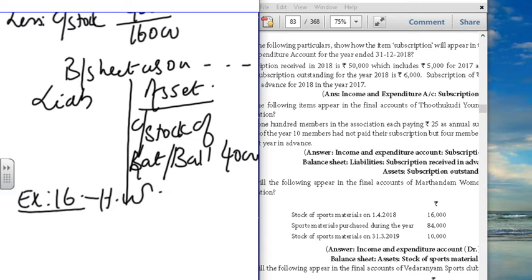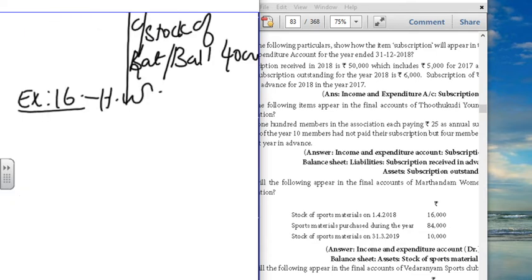Now we'll move on to problem number 17. The same way you are going to do it, but sports material is finished, and now our match fund items are going to start. With problem number 16, we have completed the sports material, bats and balls, etc. Now we are moving to the problem on match fund and the tournament fund. I already said that if it ends with the word fund, it is nothing but a liability. It appears only in the liabilities.